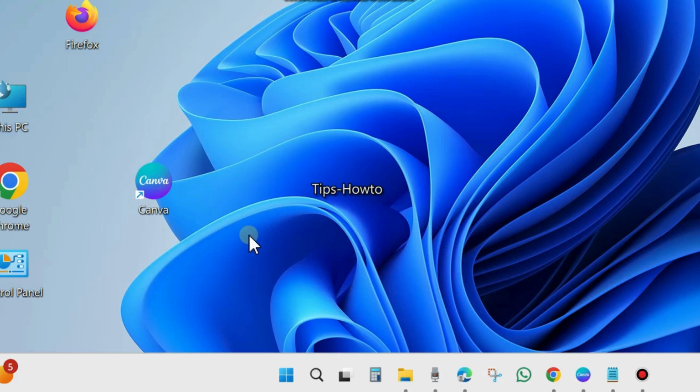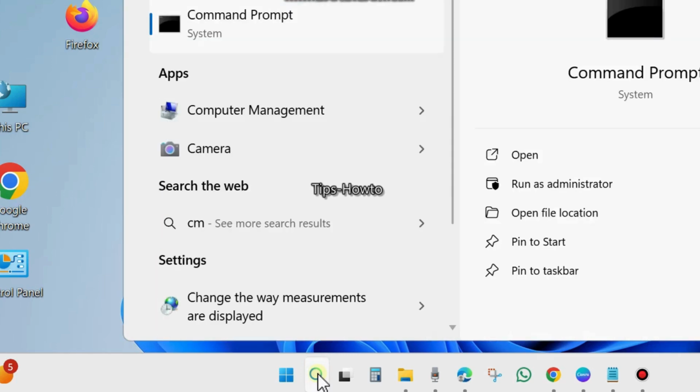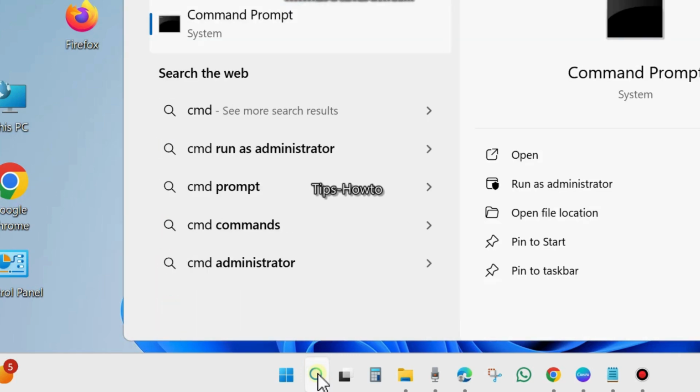Hi guys, in this video we will see how to fix error 0xc00005 in Windows 11 and 10. If you are also facing this type of error message in your Windows 11 system, then here is the process to fix this issue. The first workaround is to go to Windows search, type cmd and open Command Prompt